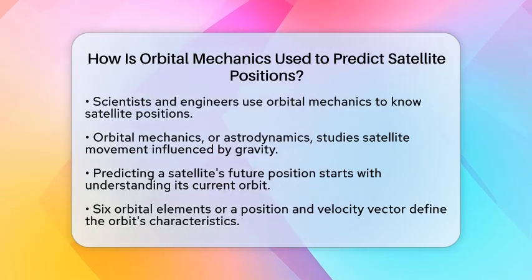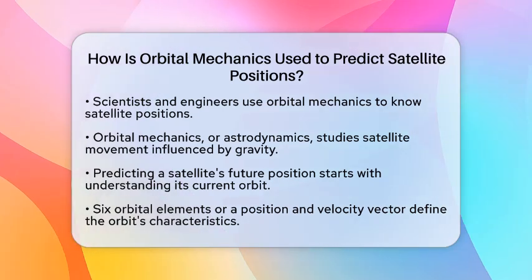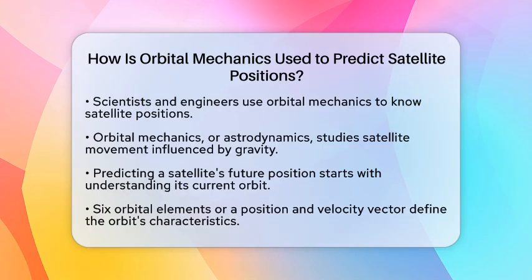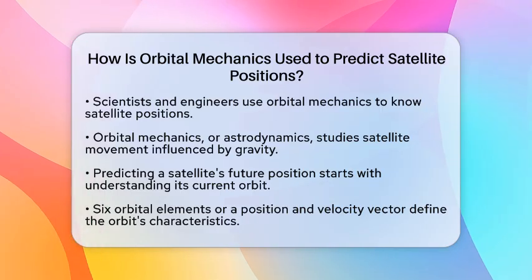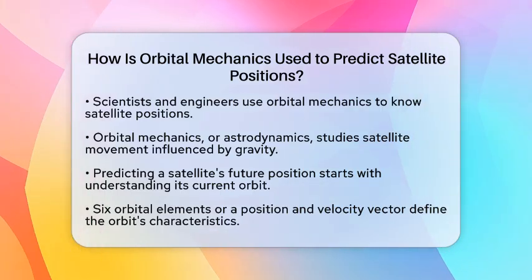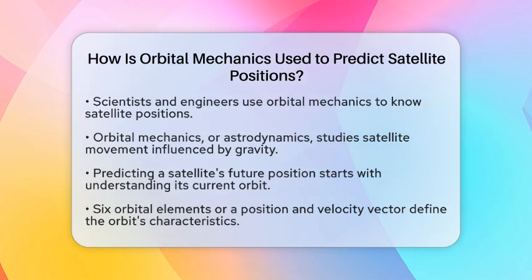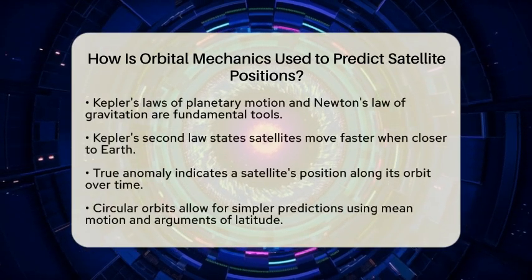To predict a satellite's future position, we first need to understand its current orbit. This is done using 6 specific orbital elements or by looking at a position vector and a velocity vector in a 3-dimensional space. These elements define the orbit's size, shape, and orientation, as well as the satellite's exact location within that orbit. One of the key tools in orbital mechanics is Kepler's laws of planetary motion, along with Newton's law